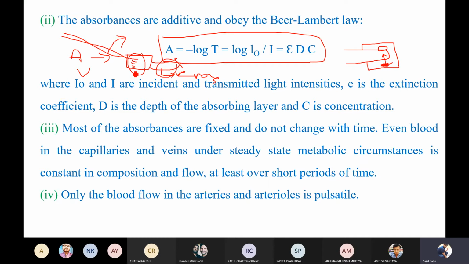Okay, that means if you consider the finger, if I place my pulse oximeter on the finger, my finger will have arteries, capillaries, and veins, right? But among the three, the velocity of the blood in the capillaries or in the veins will be very slow. If you look at it, it will seem like they are steady there.